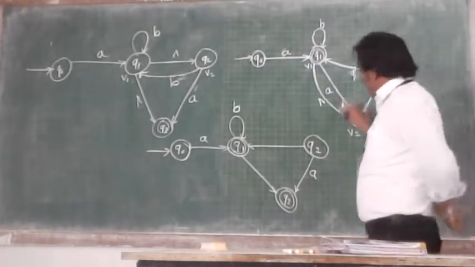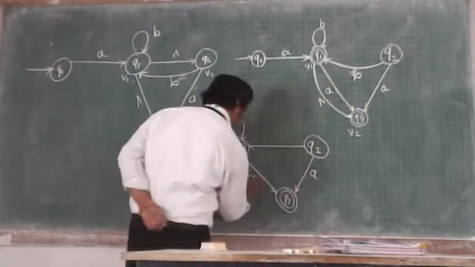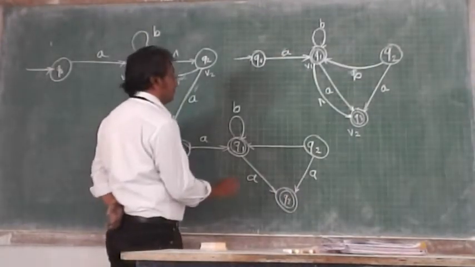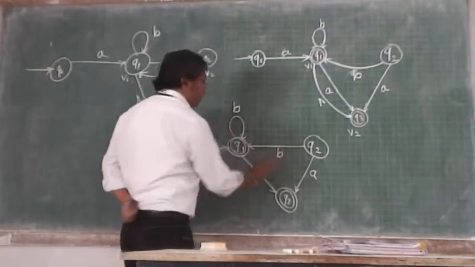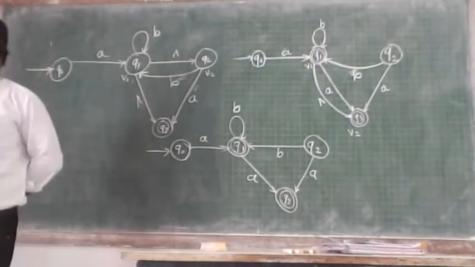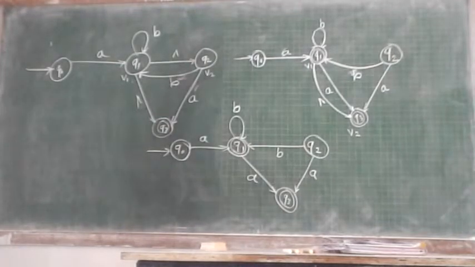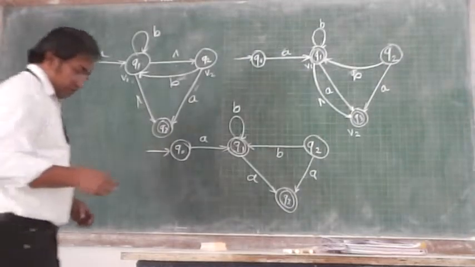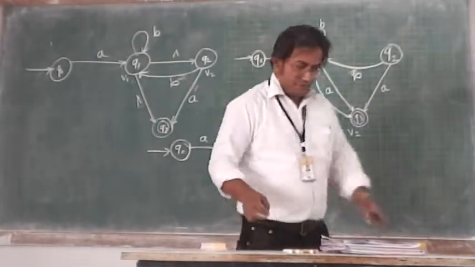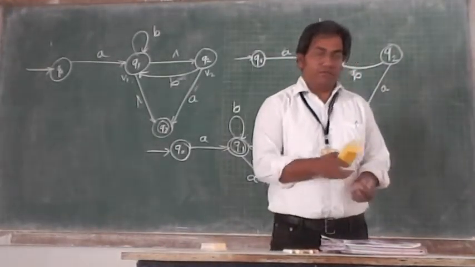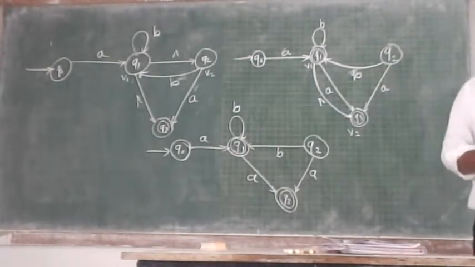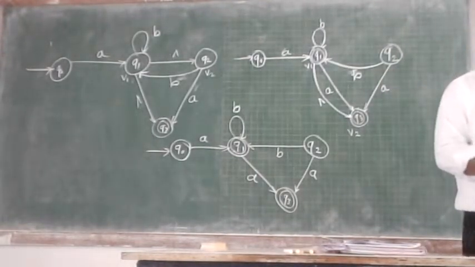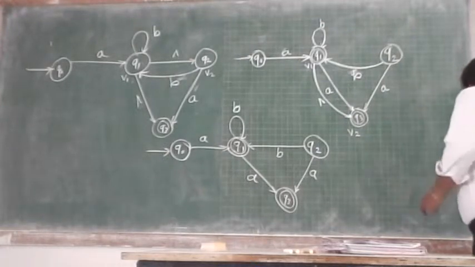Okay, I will complete the diagram. This is the final state, this is A and this is B. So this much is the final answer. What I want to say is that you need to apply the method very carefully. You have to apply all four steps for every null. You should not leave out any of the steps.